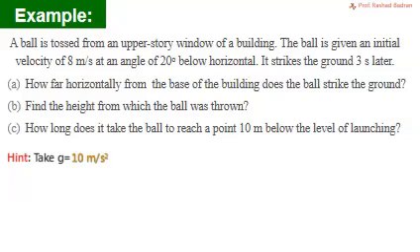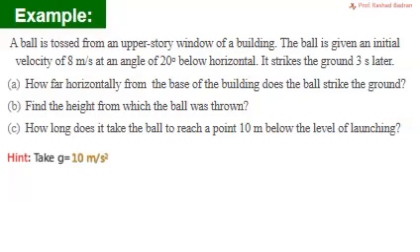A ball is given an initial velocity of 8 meters per second at an angle of 20 degrees below the horizontal when it is tossed from an upper story window of a building. If the ball hits the ground 3 seconds later,